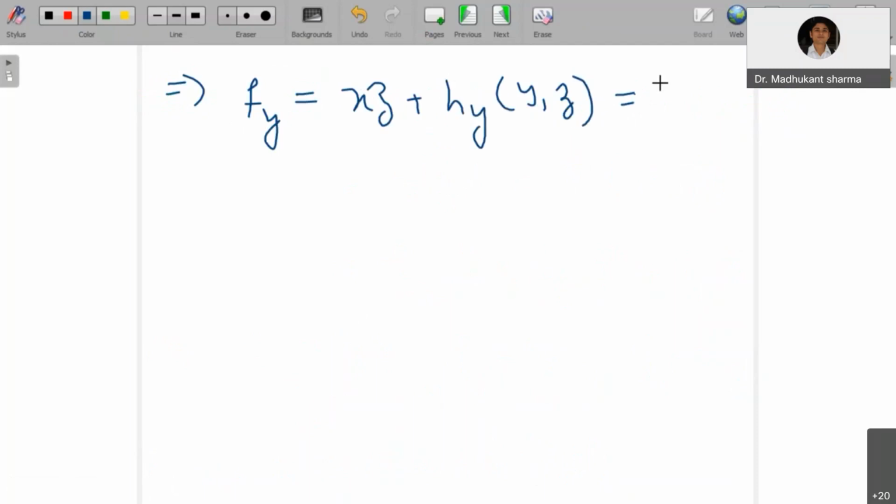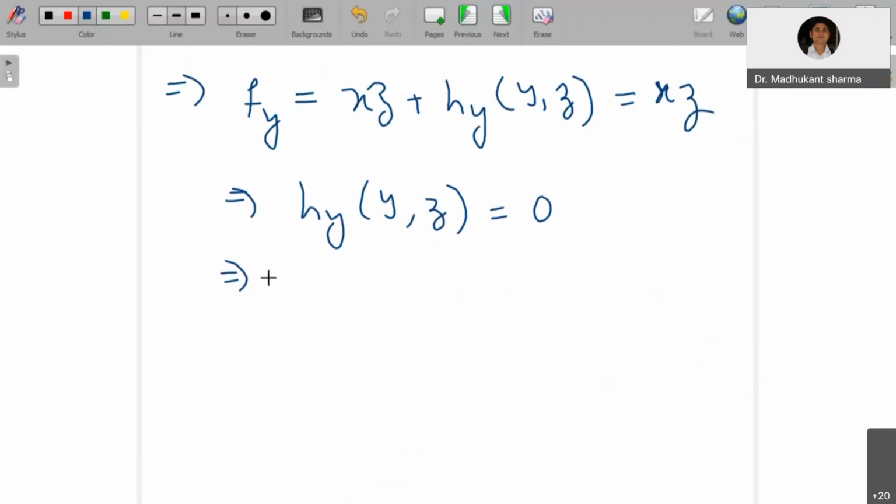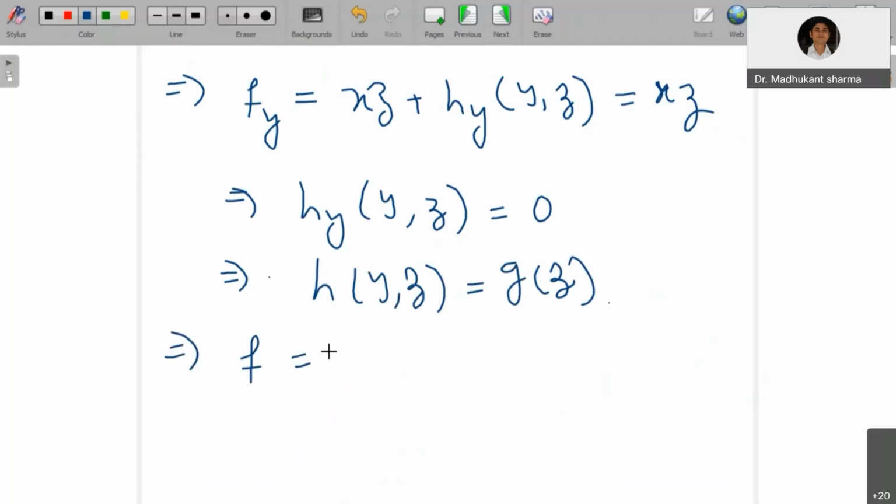But that is equal to fy is equal to yz. Fy is equal to xz, right? Because of the above relation. So this is equal to hy, the partial derivative of h with respect to y, which is 0. It means h is not a function of y; y is not coming explicitly, at least. So this implies h of y comma z is some function of z only. That's the very first step. Therefore, this implies f is equal to x into y into z plus g of